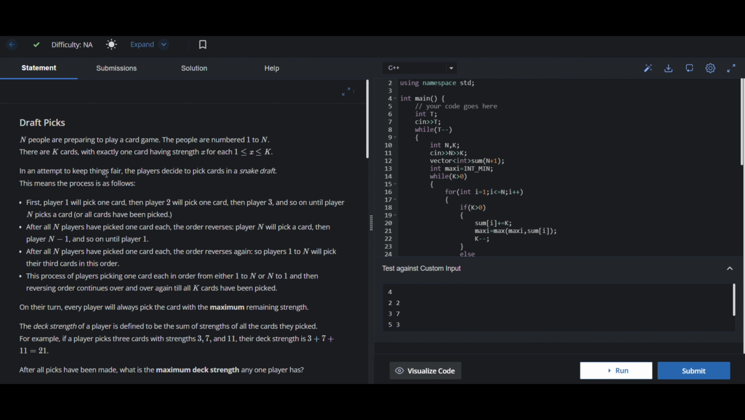In an attempt to keep things fair, the players decide to pick the cards in a snake draft. This means the process is as follows. First, player 1 will pick one card, then player 2 will pick one card, then player 3 and so on until player N picks a card or all the cards have been picked. After all N players have picked one card each, the order reverses. Player N will pick a card, then player N minus 1, and so on until player 1. After all N players have picked one card each,